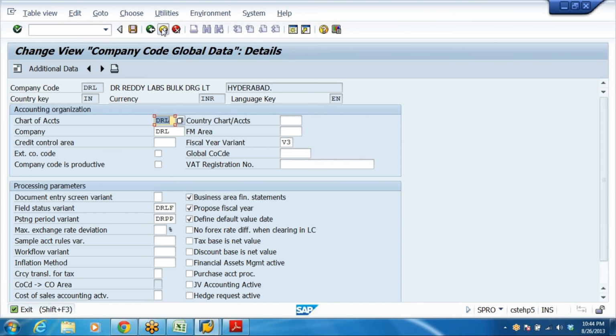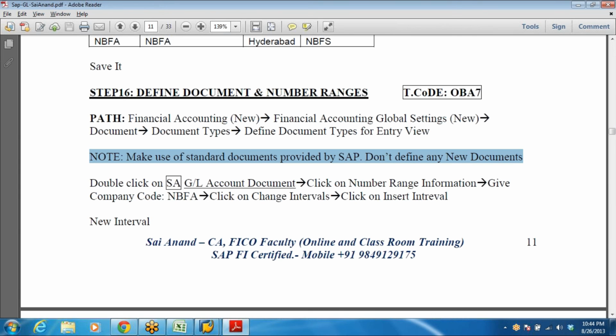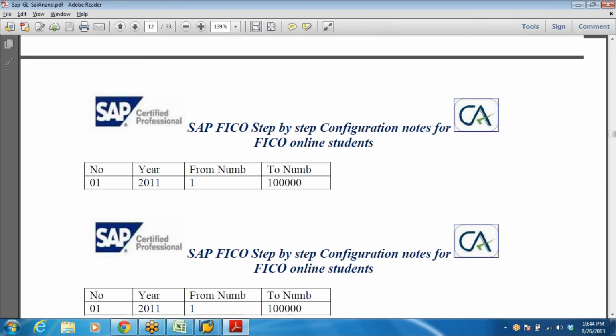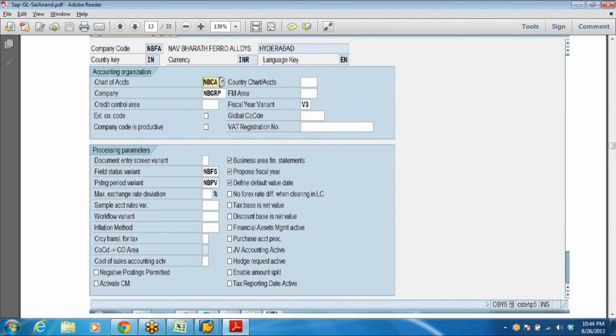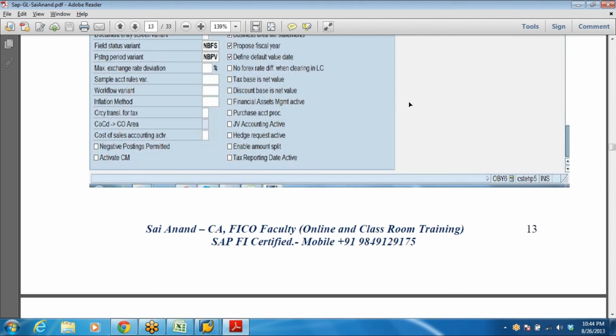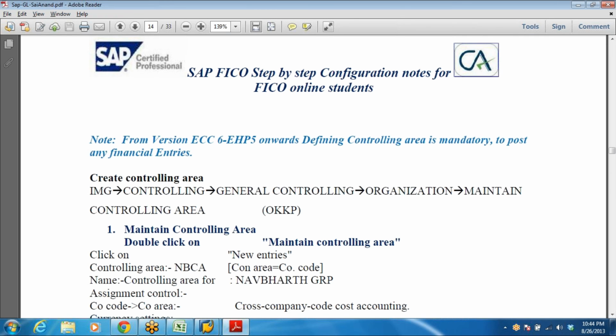Now, as of now, all 21 steps are over. But from ECC 6 EHP 5 onwards, defining the controlling area is mandatory. Without that, the system will not allow you to post accounting entries, right? So after we complete this one, generally it is sufficient if you are using the server ECC 6 EHP 4; you need not do anything else. But from EHP 5 onwards, defining the controlling area is mandatory to post